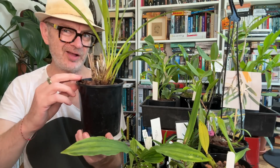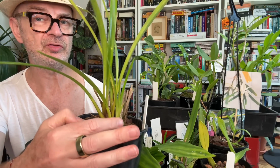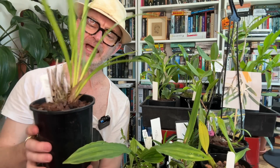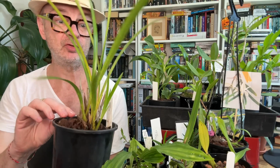And not that common to find here anyway. And this is probably someone's division. And you can see there's a new growth coming up here and two mature bulbs here. And I wonder if they have flowered. I can't see any trace of a spike, which means they could perhaps be the new bulbs that might well